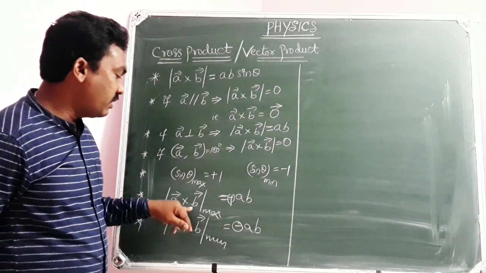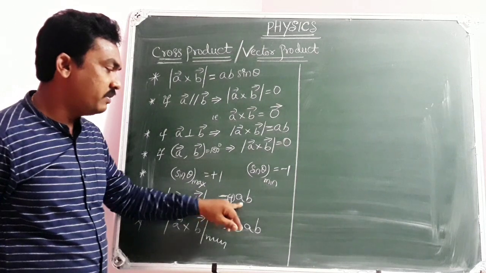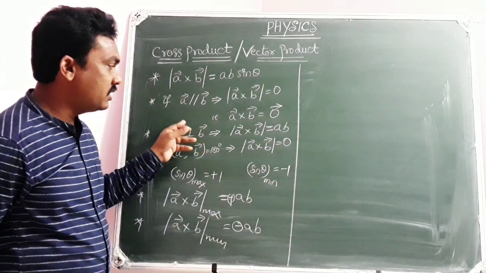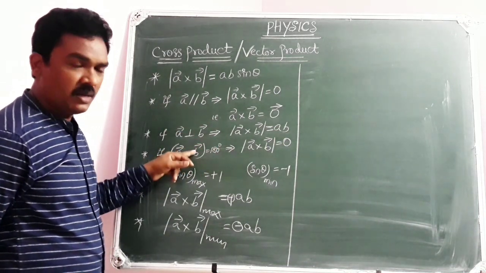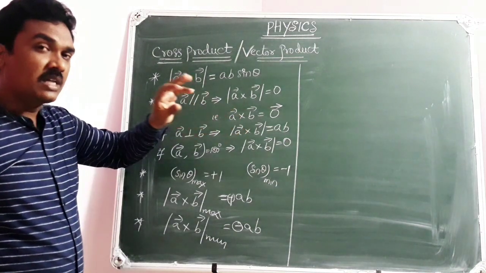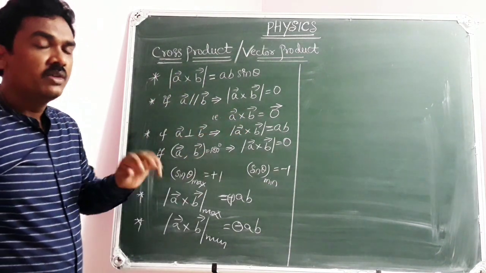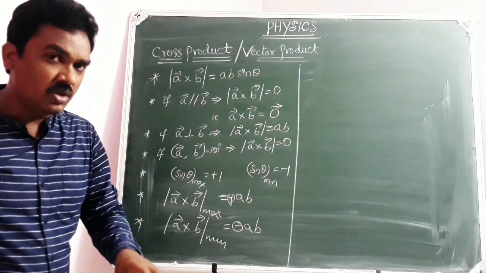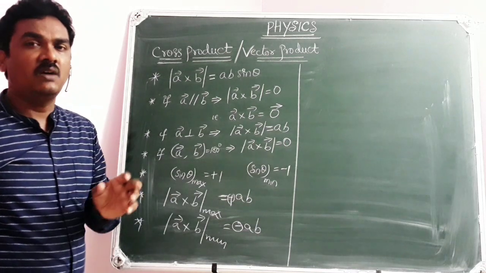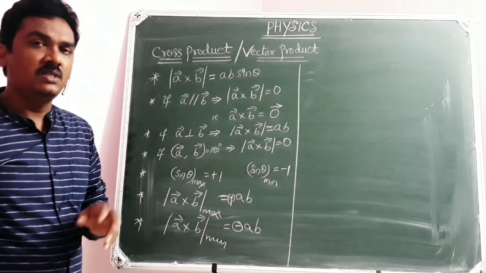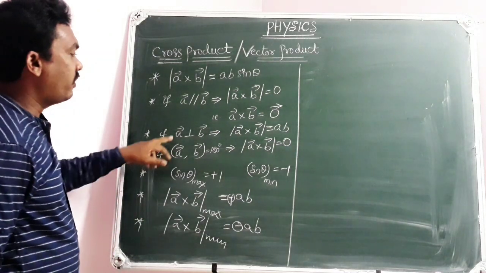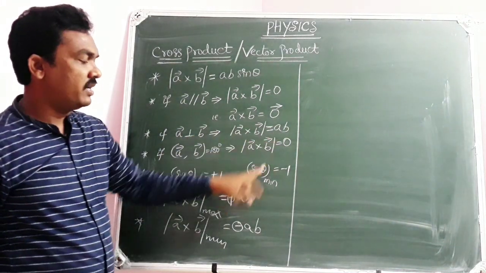Remember that. That's the reason why the maximum of A bar cross B bar is plus AB and the minimum is minus AB. Of course, the cross product can be a zero vector for parallel or anti-parallel vectors, because sin 0 degrees equal to 0, sin 180 degrees equal to 0, sin 360 degrees equal to 0. Sin of n into pi is 0, meaning any integral multiple of pi always gives 0 for sin. And for perpendicular vectors, A bar cross B bar will be maximum.